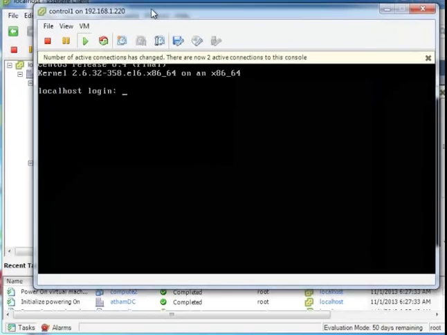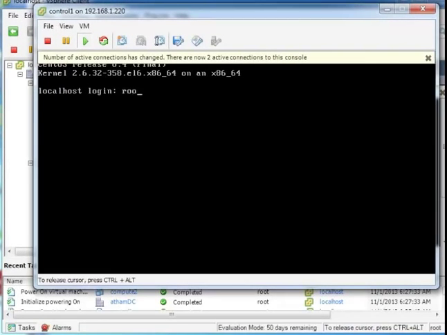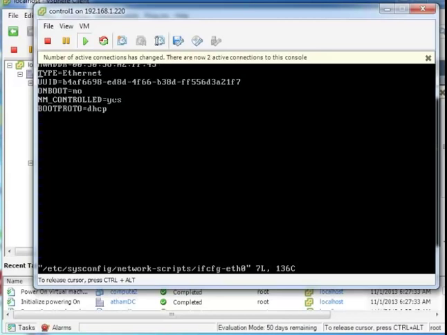Okay, next I'll take a look at control node 1. Same thing, I will do the same task to configure it: make sure that Ethernet 0 will be up and running on next reboot, and I also configure the IP address for this node. Right, so VI to the